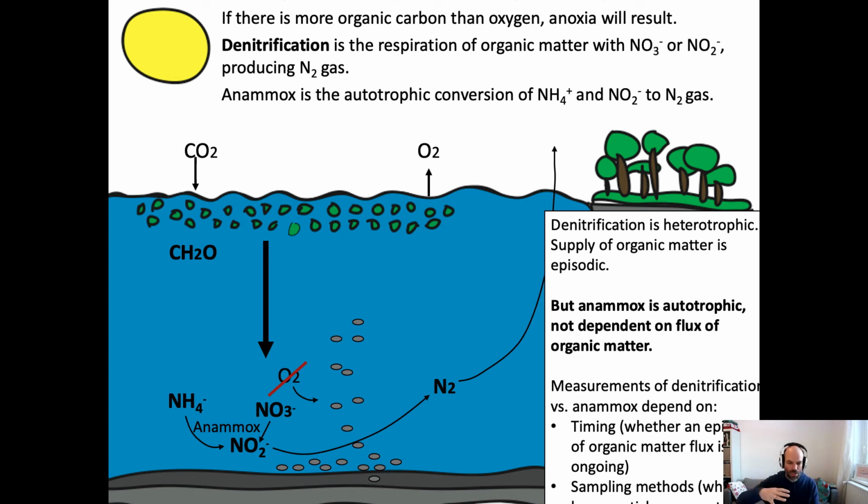You want to get any small animals out of the way, you want to get fish poop out of the way, and focus on just the microbial fraction for the most part. But if you don't do that, if you keep the fish poop in your water sample, then you're going to get more denitrification. If you filter a lot of the large particles out, then you're going to get more anammox. So that's another reason why these groups have had different results from their studies, because it really matters how